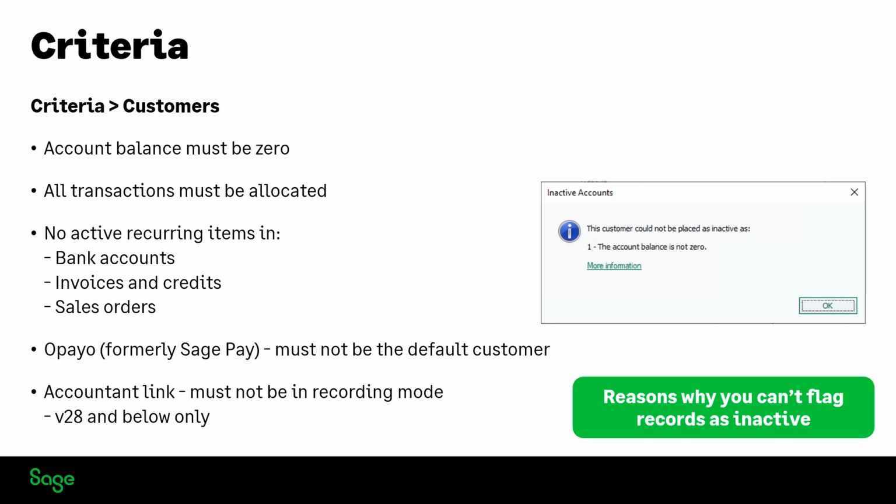Getting on to the more unusual stuff. So for a customer, it must have no recurring items, or the customer record itself must not be related to a recurring item within the bank accounts area. Within invoices and credits, again, must be no recurring item. Doesn't matter about existing invoices on your list, it's about recurring invoices or credits. And also no recurring sales orders. Again, doesn't matter about older sales orders, they're fine, even if they've got that customer on them. We're talking about a recurring sales order. The very unusual stuff,